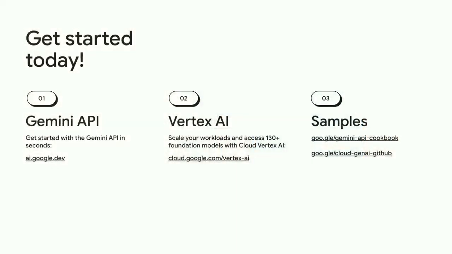So this slide contains a list of how to get started. The Gemini API landing page is the first link, and it's the quickest way to get started using Gemini. All you need is an account and an API key. We also have Vertex AI, which is hosted by Google Cloud and now provides over 150 foundation models, including Gemini 1.5 Pro, allowing you to run your workloads at enterprise scale. And we also include a couple of links to code samples. First, to the Gemini API repository, which includes references to a number of different notebooks, and also to our Cloud Vertex AI GitHub repo, which contains dozens of notebooks from how to get started to things like RAG, and agent